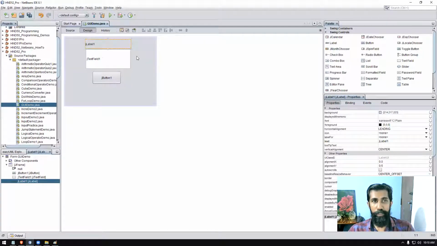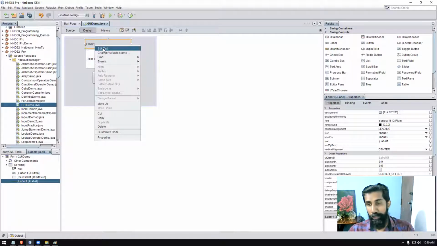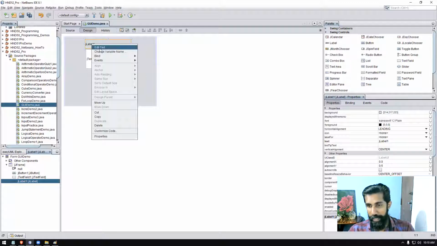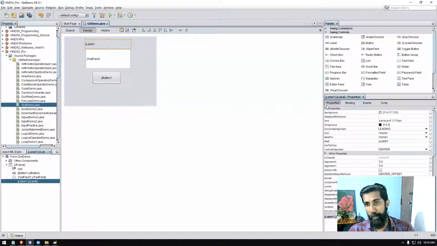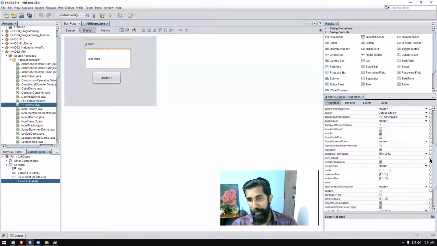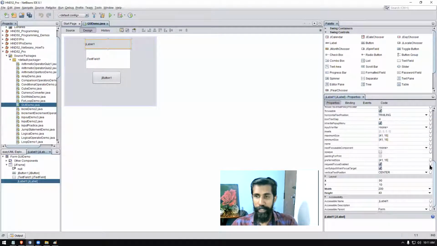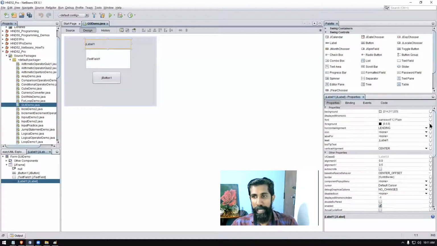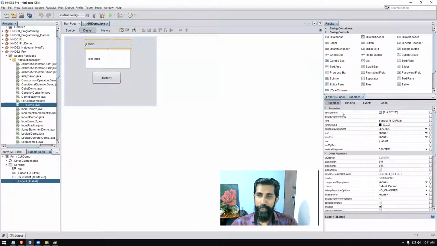So what I'm going to do is make the text first of all like this. I can just right click on the component, then select edit text. You can do that from the dedicated properties window also. All the editable properties are given here. You can change them also. You can change all the properties that you want at a given time, children. Most of the time we will be working with some very common properties. Those are listed here at the very top, and it says properties and other properties.